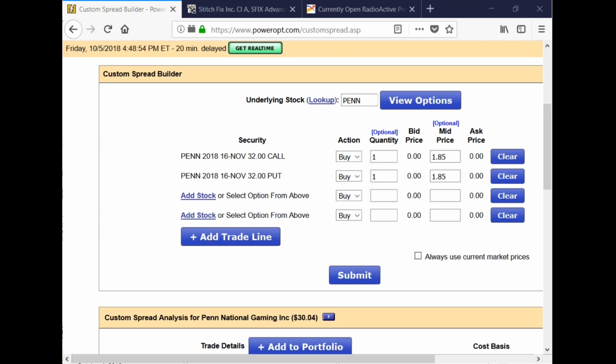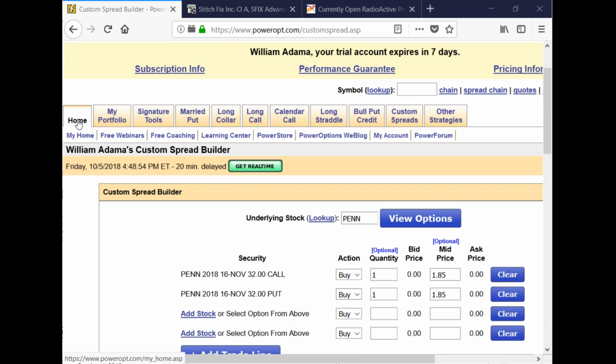Yeah, Sam said he would have sold the calls and let the puts run. Yeah, that's what you probably would have done. If Penn moves higher, then sell the puts. Oh yeah, if Penn goes higher, let me just show you very quickly. I've got a game plan, and I told our Fusion subscribers this today.